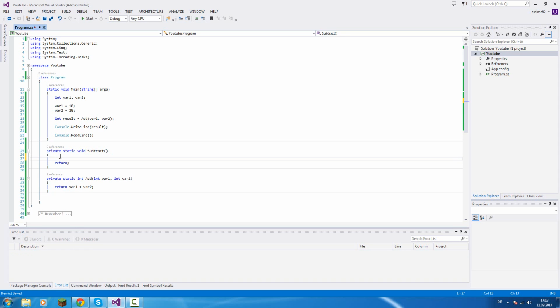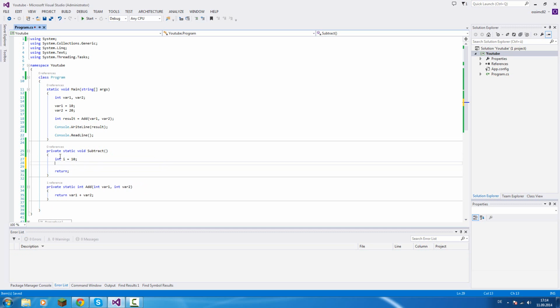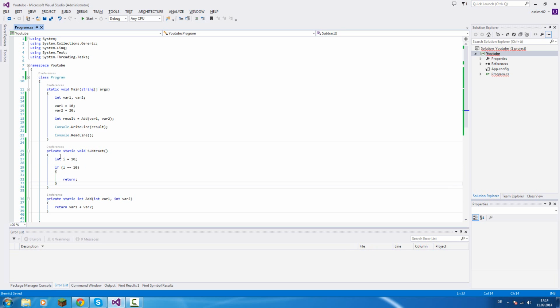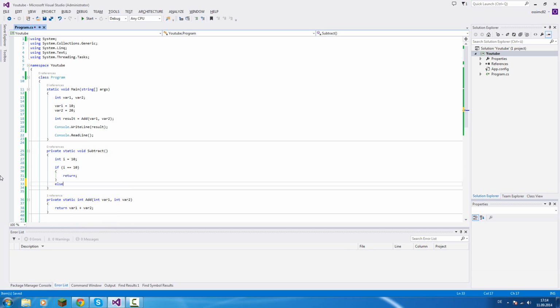So for a little example, int i equals 10, and now we are checking if i equals 10, then we will return our method, and else